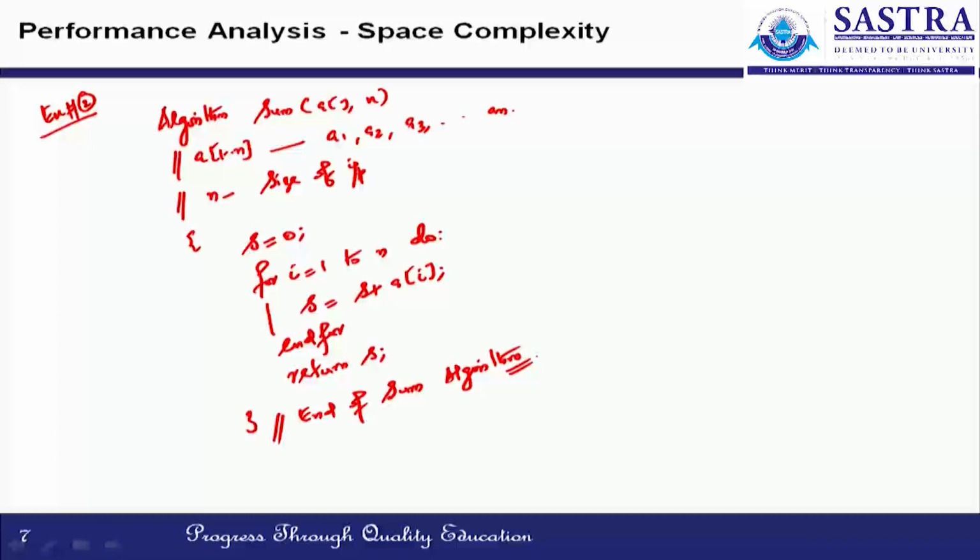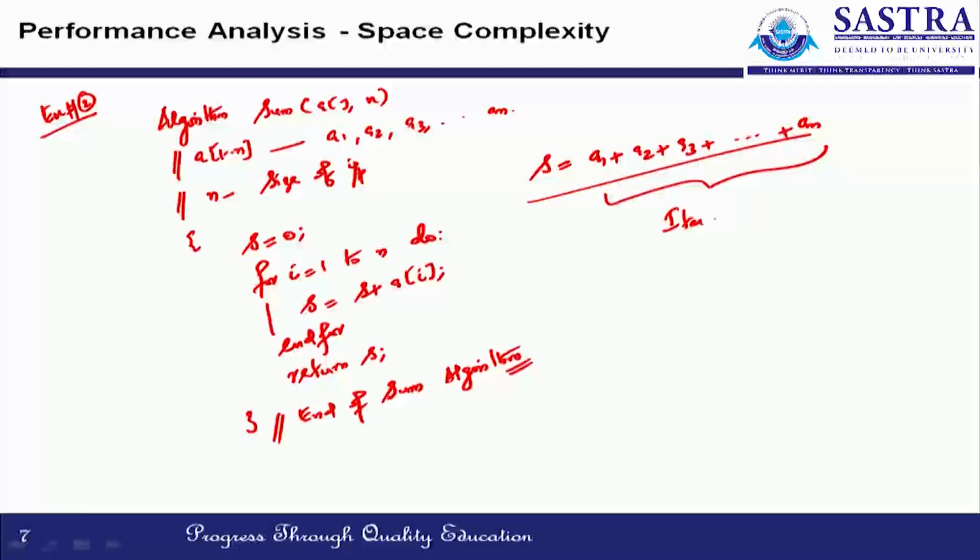Assuming that a small a is a one dimensional array which consists of n inputs, a1, a2, a3, etc., an. That means n represents the size of the input array. We need to find the value of S is equal to a1 plus a2 plus a3 plus etc. plus an. To evaluate the right hand side of this equation, we apply iteration